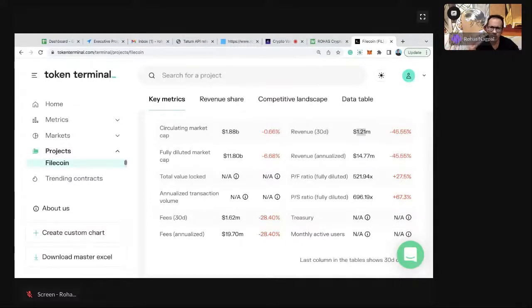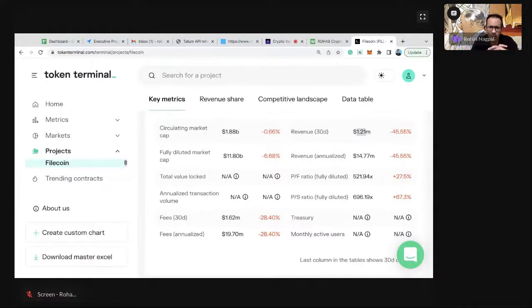Then also remember, there are two kinds of revenues. So there is protocol revenue and then there is another revenue. In some cases, you may have multiple types of revenue. In that case, they will add all of them together and give you the total revenue also. I have a very detailed post on crypto metrics, in which the P/E ratio and P/S ratio have all been explained. So it's very important for us to get a good idea about how much revenue this token, or this platform, could possibly generate over the next 3 years.